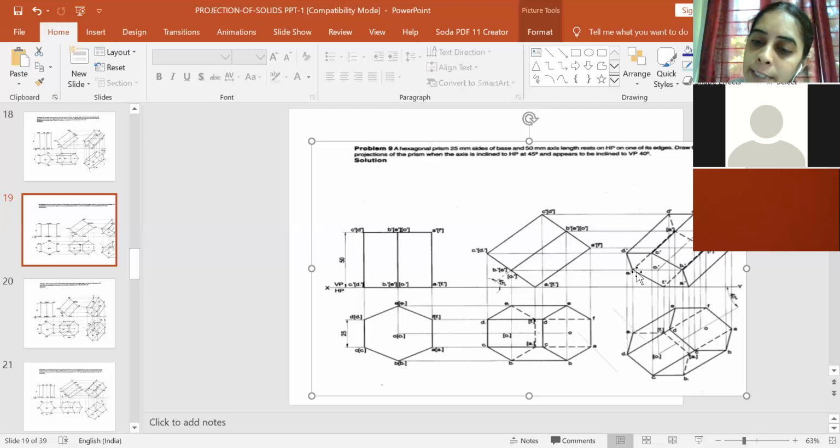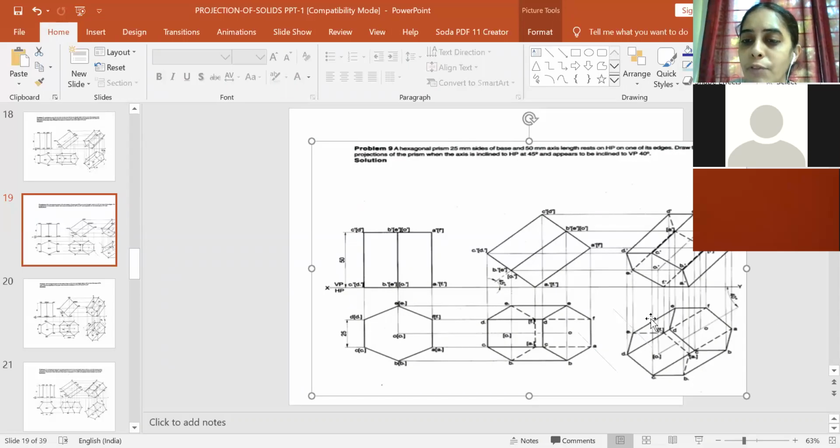So you will draw a hidden line from E1 dash to E, and again from F1 dash to F. So after that, the projections coming through the hidden line will be hidden line only. So this E dash is connected to F dash also. So this also will be hidden. And again this point is connected to one more base edge, which is F dash and A dash. So you will join F dash and A dash. This also will be hidden. And again you will join E dash to D dash. This also will be hidden.